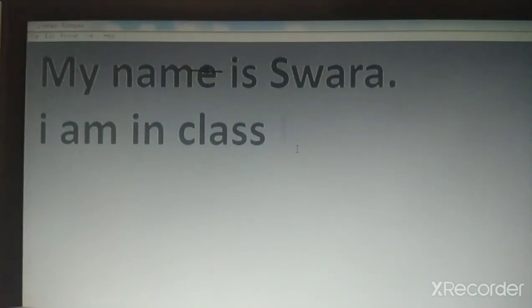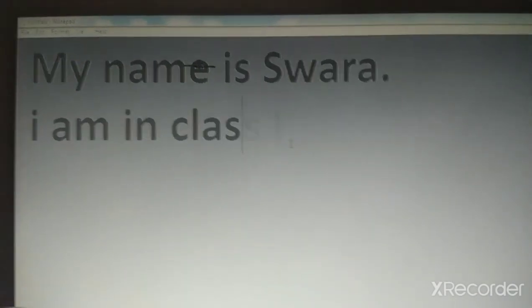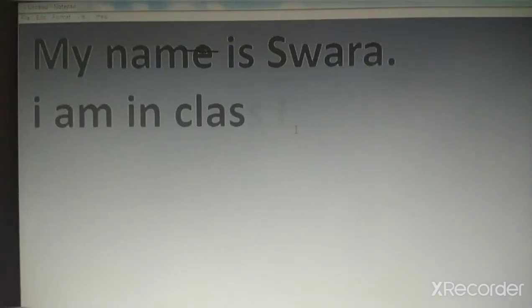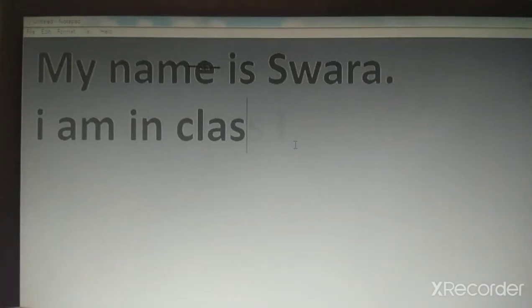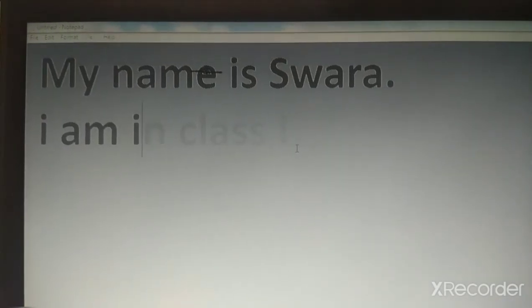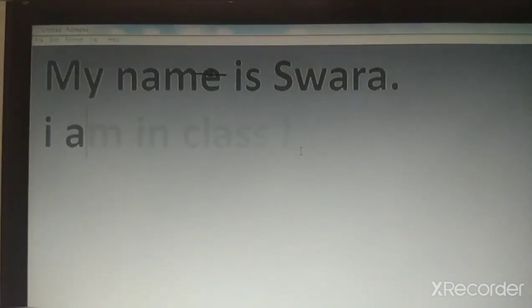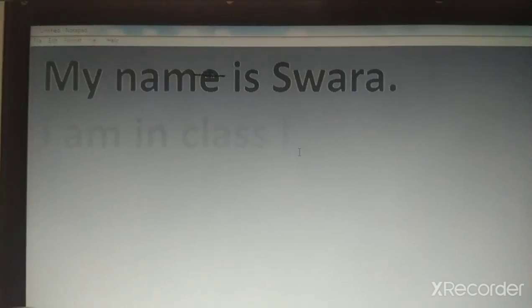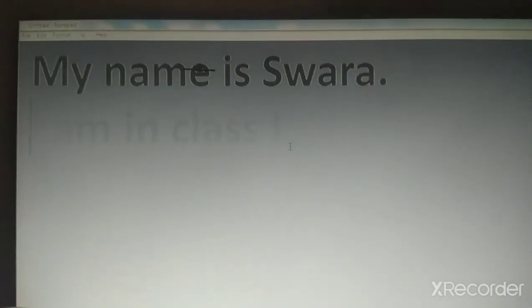Okay, now when you press this backspace key, see, when I press this backspace key, it will erase the alphabet which is at the left side of the cursor. You can see. I am pressing backspace key. Okay, children. Now, once you press the backspace key, it will erase one alphabet. You can see it is erasing. Okay. Now, we have erased full line using backspace key. Understood, children? What is the use of this backspace key?